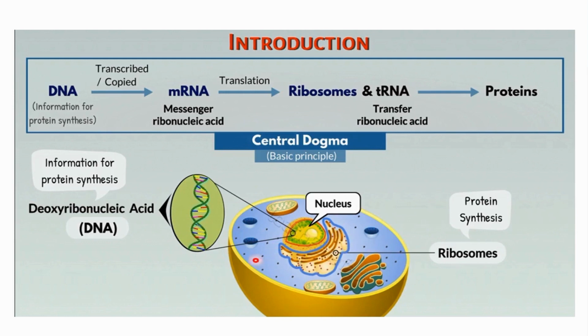So this is a cell structure, a general structure. This is the nucleus, and I have ribosomes. The mRNA, as we say, is messenger RNA. Messenger RNA will go here to the ribosomes, and the ribosome will produce proteins required for a cell function.